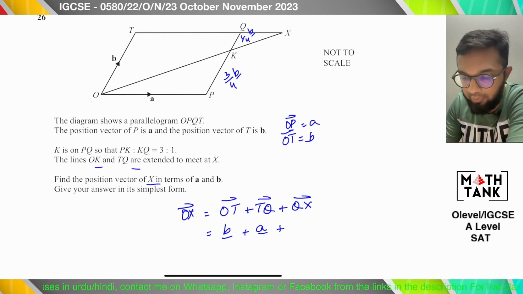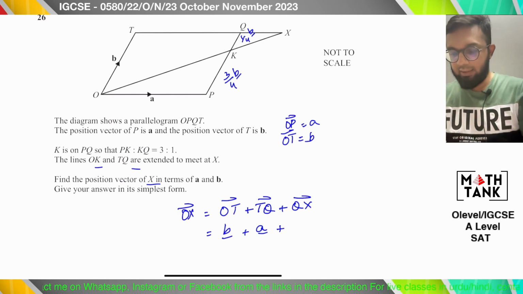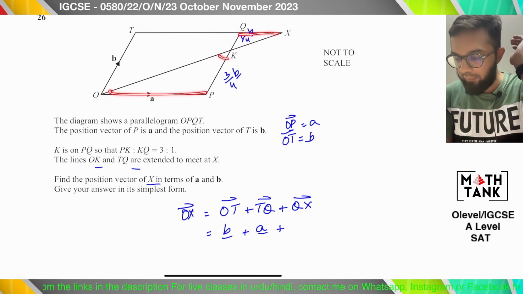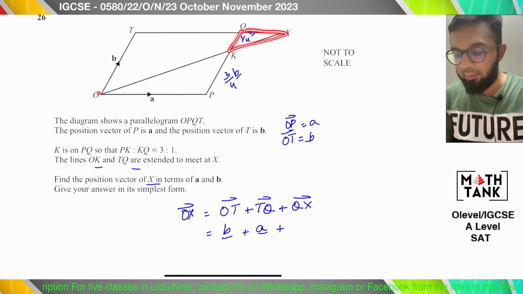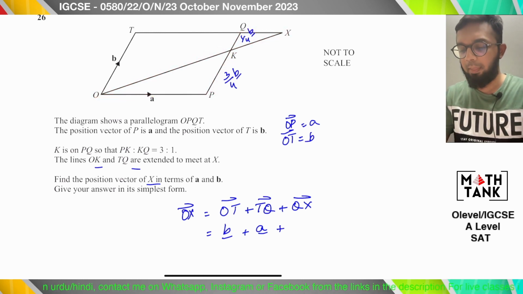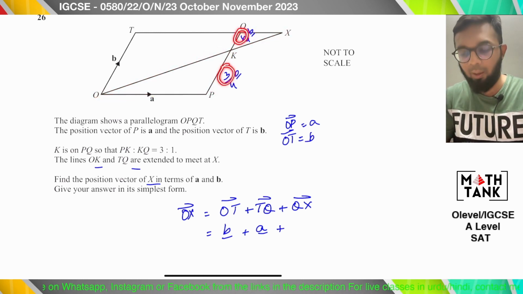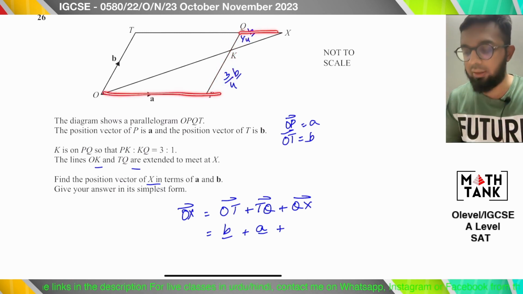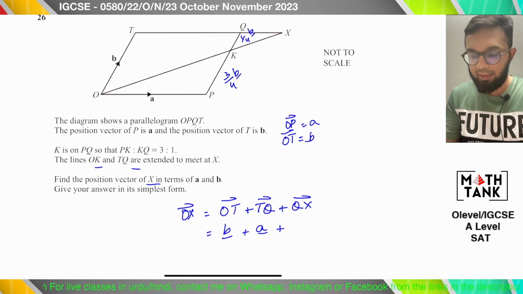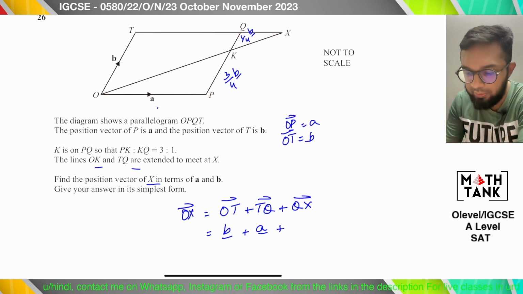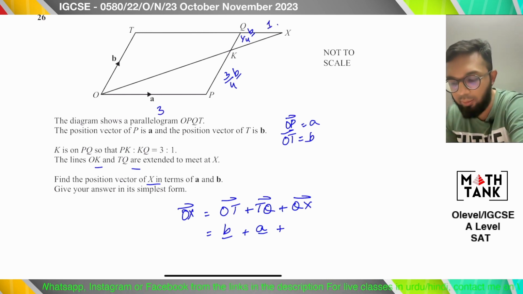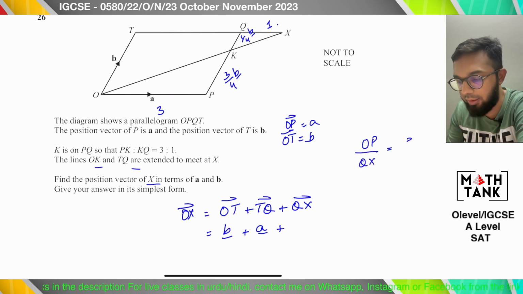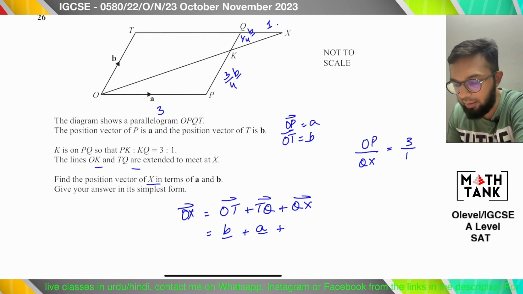What is QX? Now remember that QX is tricky here. What I see is parallel lines, so it's creating two parallel sides and then a lot of angles that are common. So it's creating two similar triangles, which are in the ratio 3:1. If this side is in the ratio 3:1, then this side must also be in the ratio 3:1. So if OP and QX are in the ratio 3:1, then if OP is A,